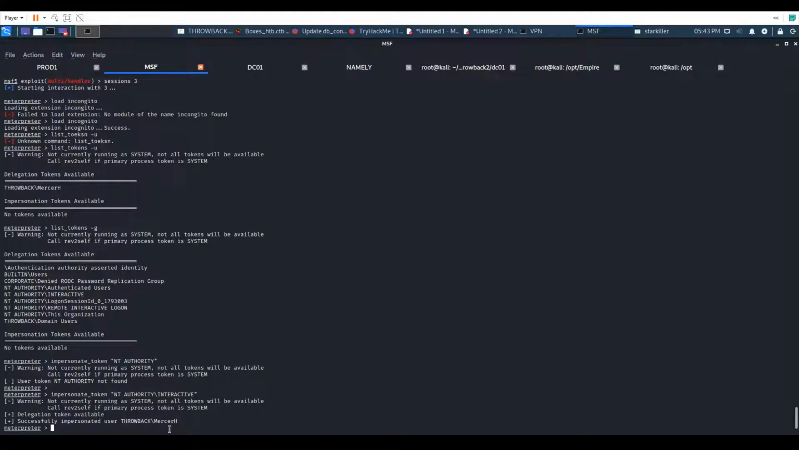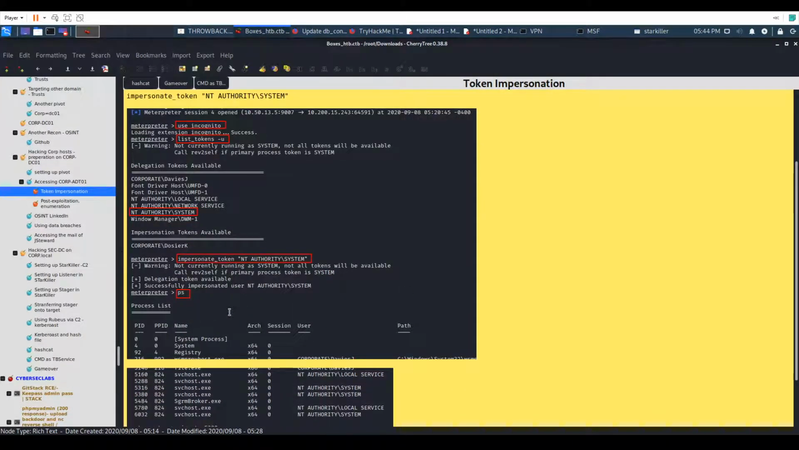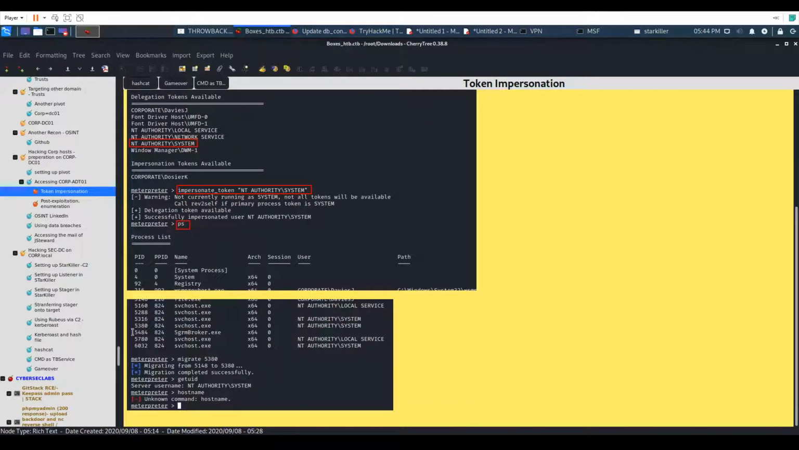So that's the same point that we started. But here on this box we can use incognito, list tokens. We have that system token, which is the most important, and we can try to impersonate. And as soon as we impersonate successfully, we need to run ps to list all processes, because practically speaking, the process we access in here does not exist, meaning we are not able to, for example, spawn a shell. But if we migrate to some other process, we are able to have full control over what we are doing and spawn a shell or do additional things. So yeah,